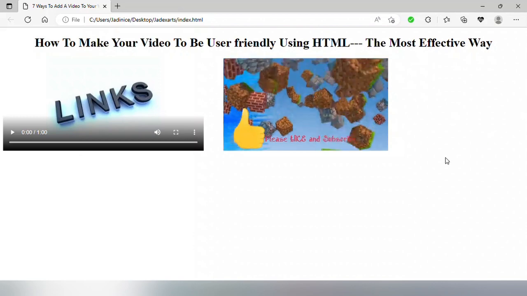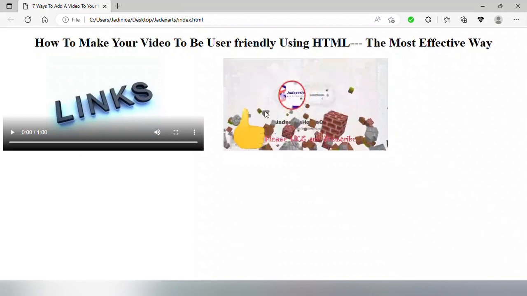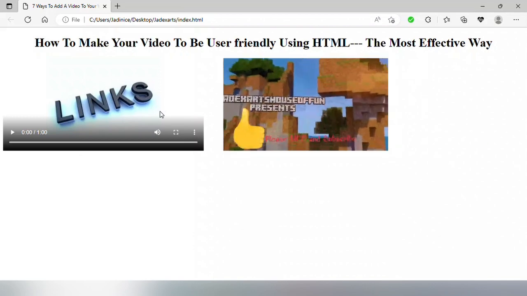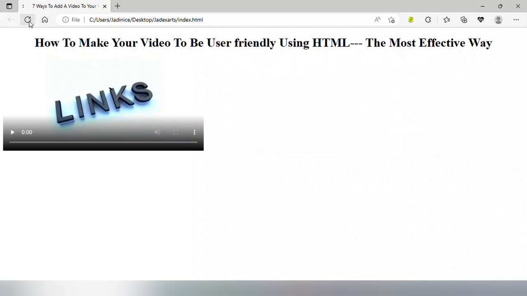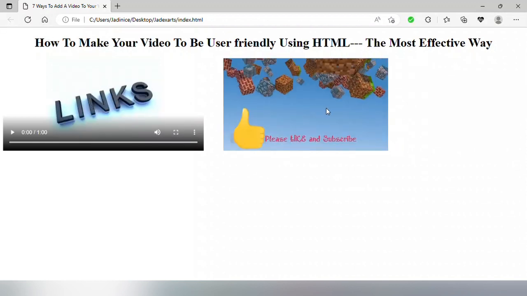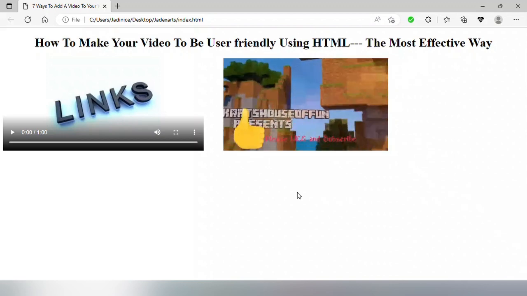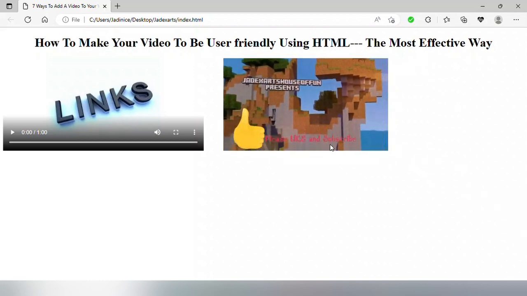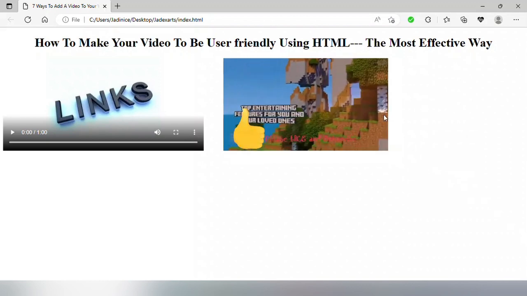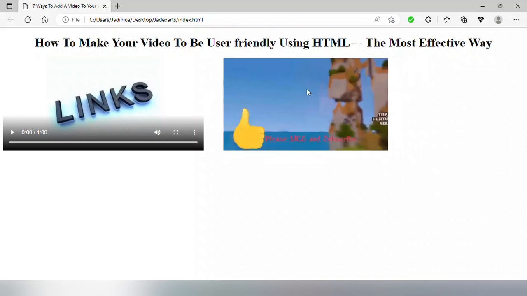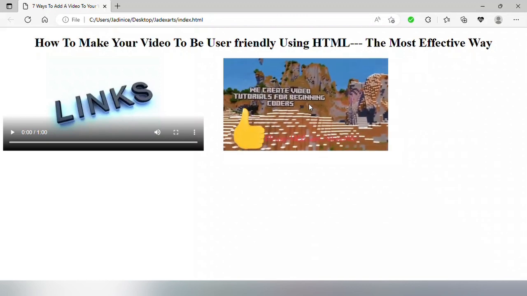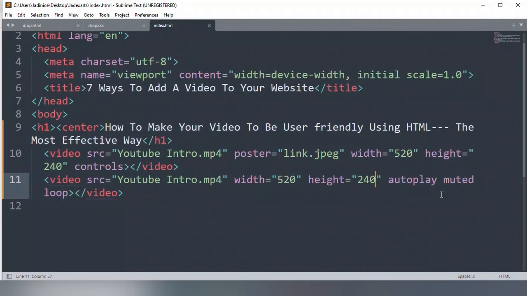There, you can see it's automatically playing. As I refresh the page, this part doesn't play, but this one plays because I've used the autoplay attribute. And as you've noticed, I didn't add the controls, so this is how it will look when you do not add the controls. Now let's make it user friendly by adding the controls after the loop.